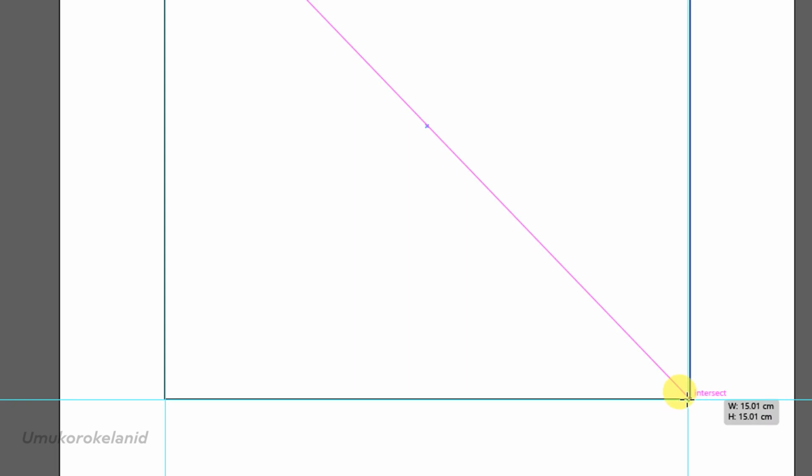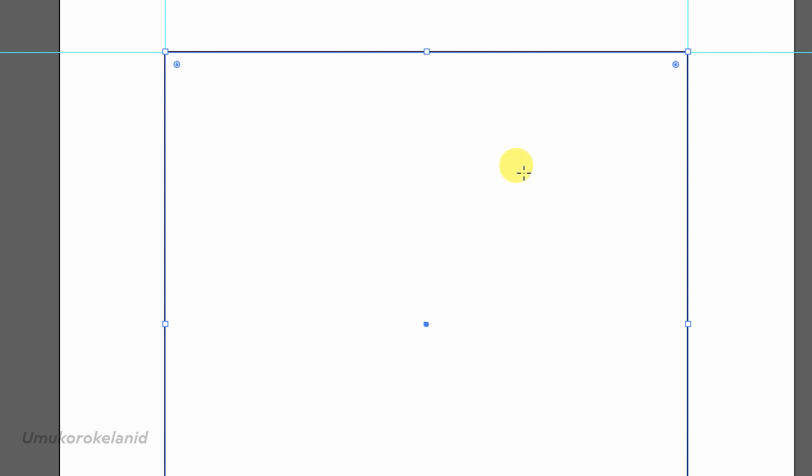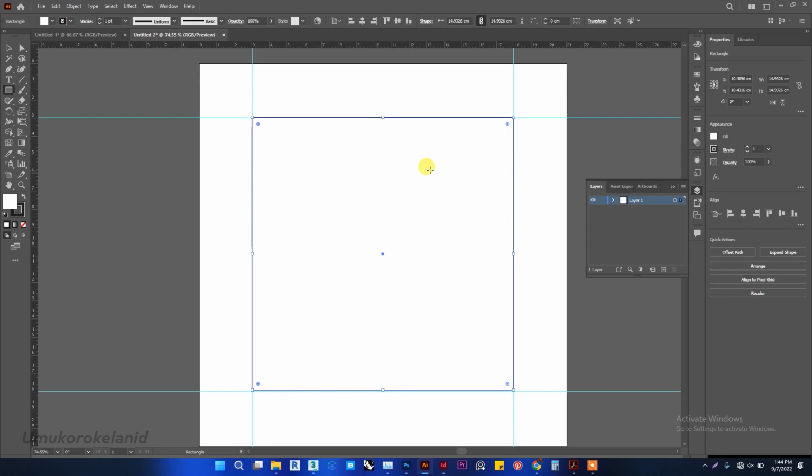I'll use the guidelines as a guide. Now we have this particular shape as our guide. What's next is to try to provide a cut on this edge and another cut on this edge. So to do that, let's go and create another shape around this corner. We'll make sure